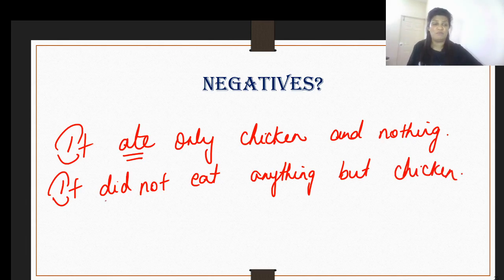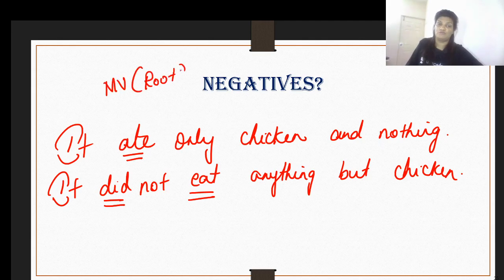So remember, when you are using the auxiliary did in a statement, the main verb that you use should be the root verb and not the past tense. If you end up using the past tense in simple past, when you have did, then in that case, you will be making a grammatical error. Therefore, be careful with the usage of did.